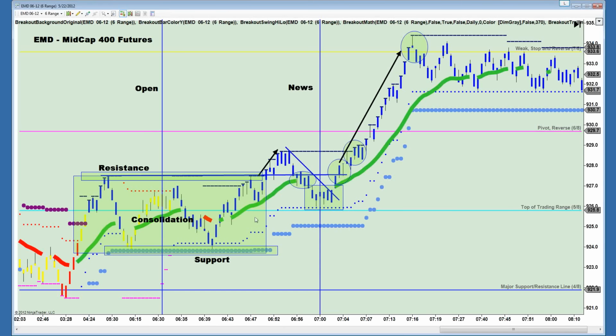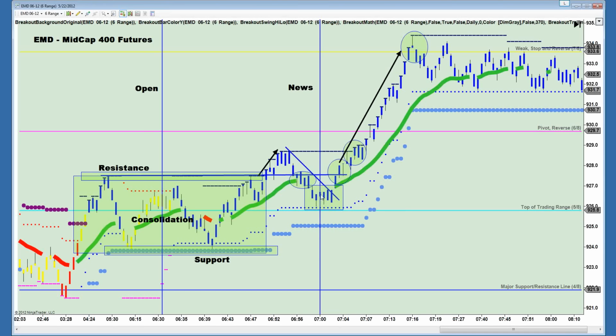Because in this case here, you can see that right around, I don't know, between 6:45 and 6:50, kind of right in this area right here, you got a little what we call sort of head fake, where the market quickly pops up through a resistance level right here like this, and then quickly pulls back into a higher level of support. So we were looking for breakout trades, and actually you got one right here. However, it came back all the way to support, and you would have felt some heat